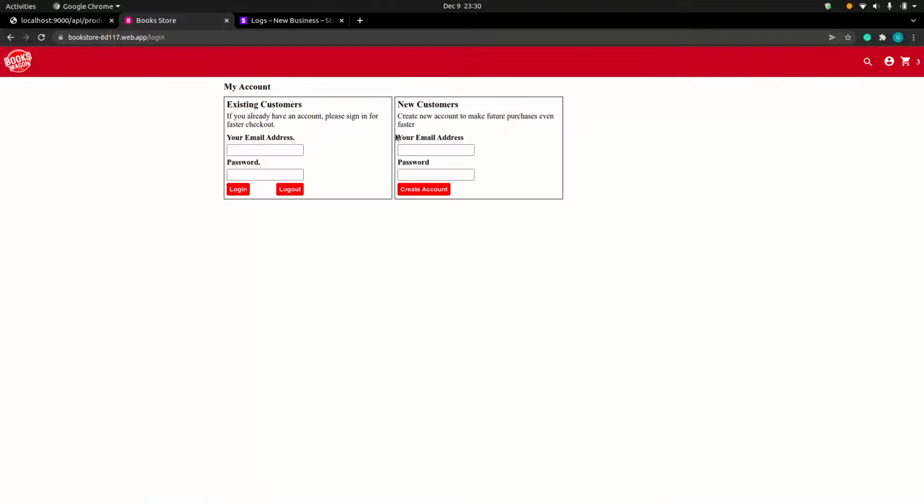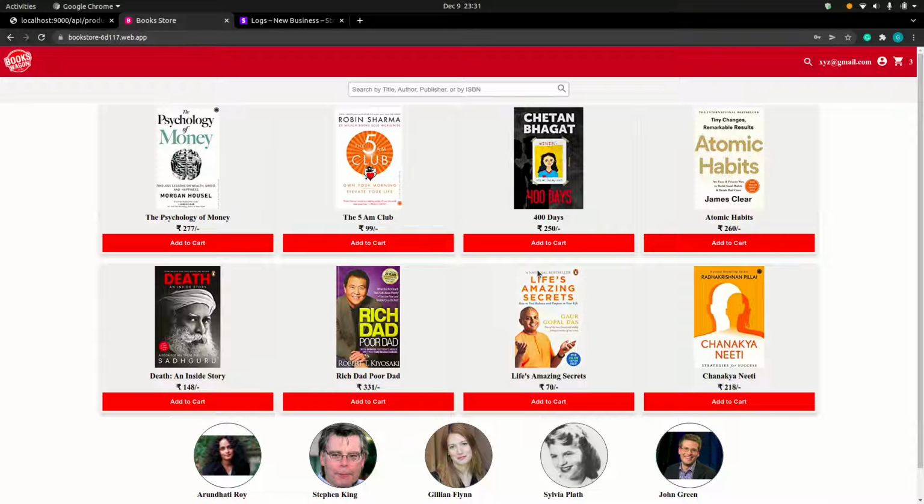Now if we want to go back to our main website, we can click here. Now the login: suppose we want to create our account, XYZ, with a password, Apple 121. Now let's create our account.